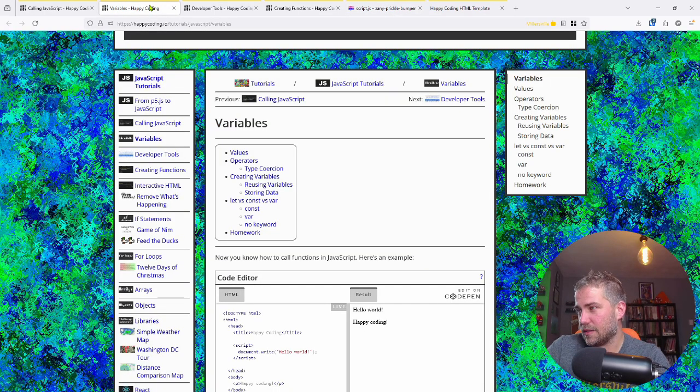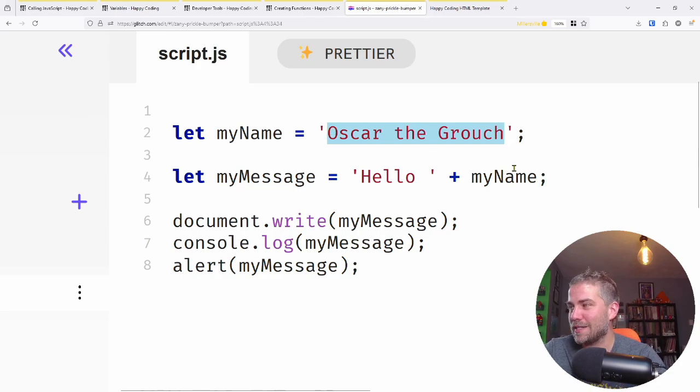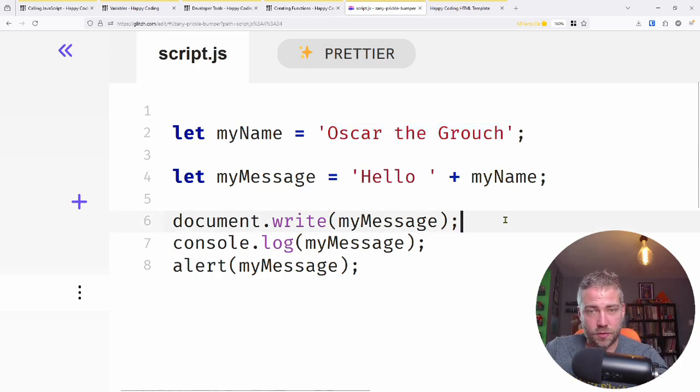I think the last thing I'll talk about is the other big thing that variables get you, which is the ability to get input from the user when you don't know the value ahead of time. I've used Oscar the Grouch because for some reason that was the first name that came to my mind. But let's say I didn't know the user's name ahead of time. I'm going to put this out there on the internet. I don't know who's going to visit my page. I don't know their name. And in fact, I want it to be different depending on who it is. How would I do that? And the answer is